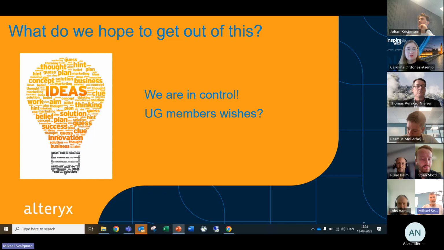So, as I stated before, we are in control of what goes on here. What is this user group being used for? Obviously, I have my own ideas. Johan has his own ideas, and we are sure that you also have ideas. There was even talk of a user group in Copenhagen existing before, so there's been some precedent.